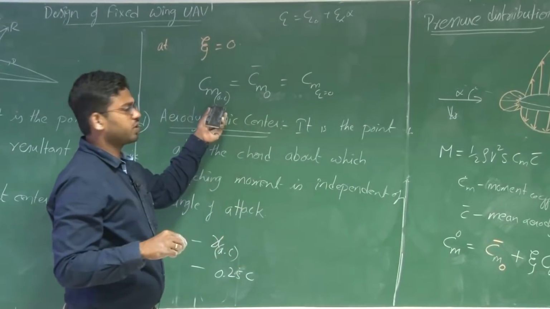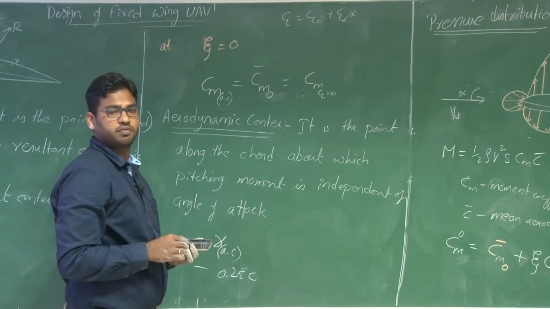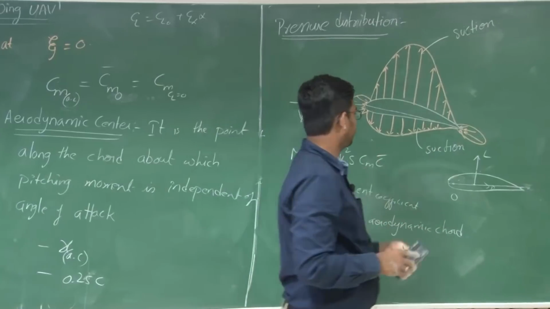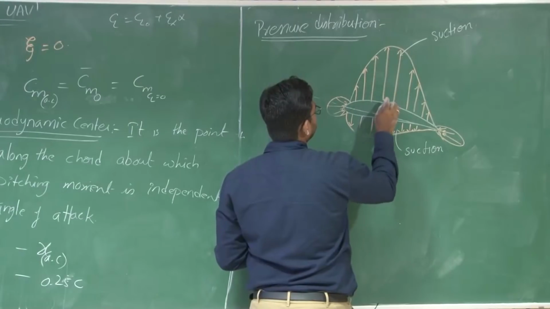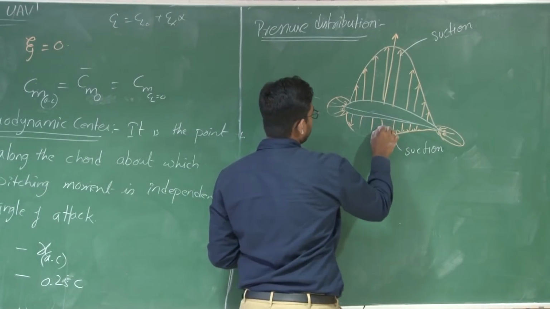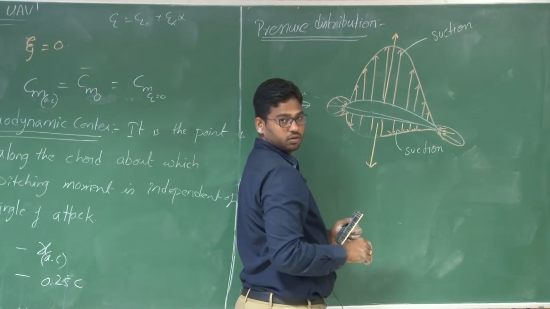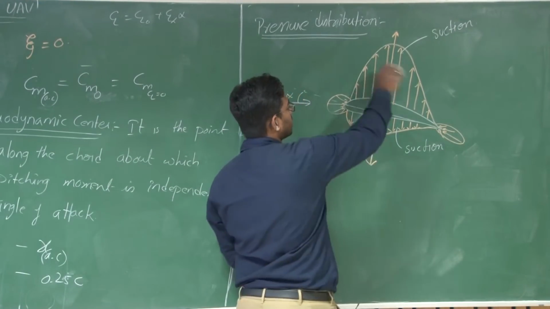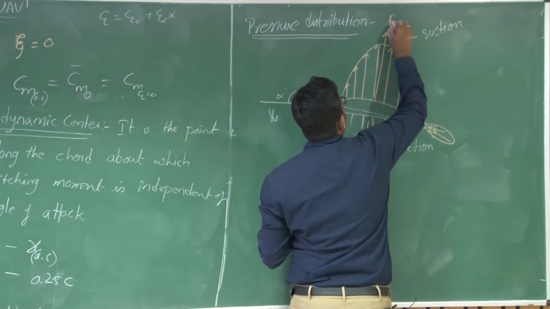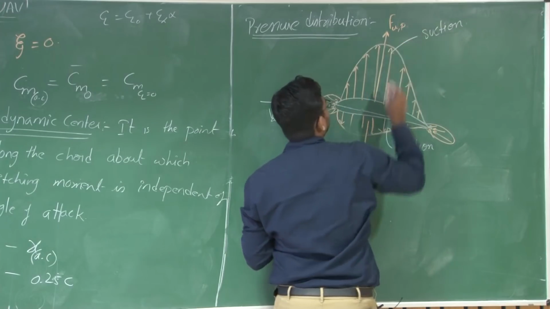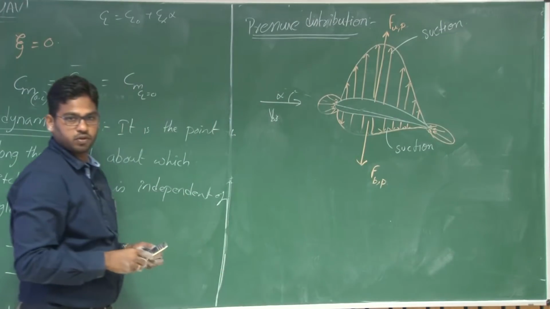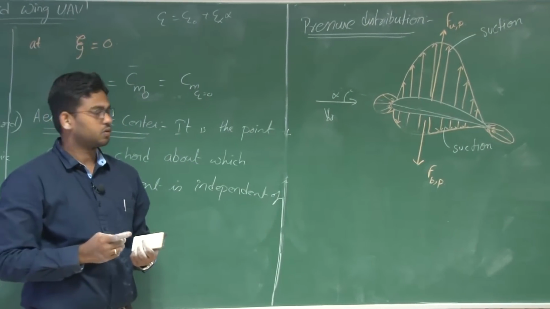But what is this moment about the aerodynamic center? Why does it exist even when lift is 0? So when can lift be 0 here? Let us come back to this figure. Let us say the total resultant force, if you integrate along the upper surface, is equal to the resultant force along the bottom surface. If you integrate this pressure over the upper surface, you get a force on the upper surface due to pressure distribution, and a force on the bottom surface. If these two become equal, then CL becomes 0.